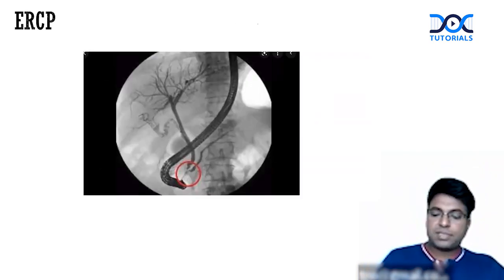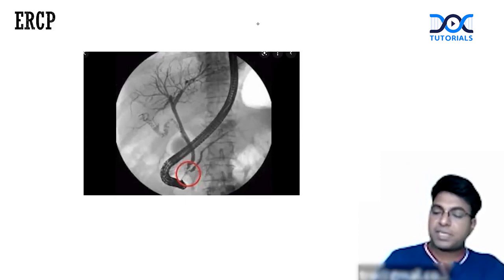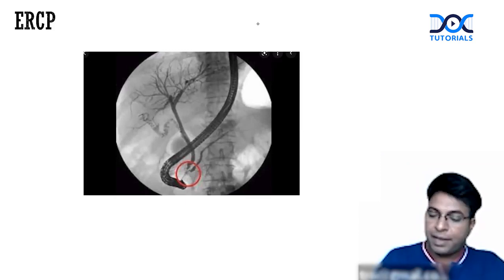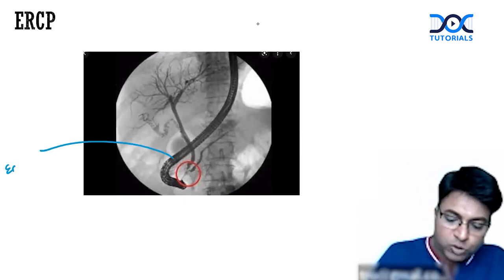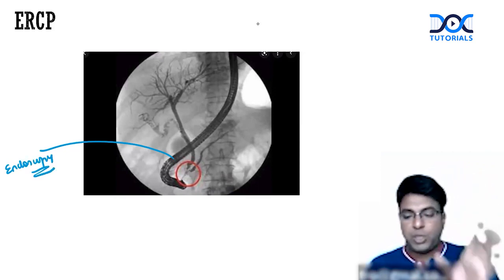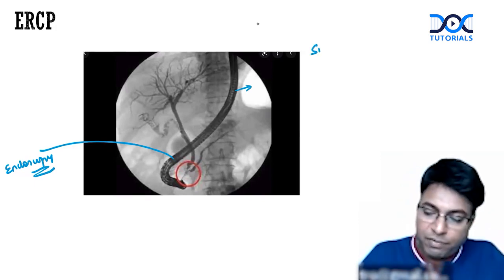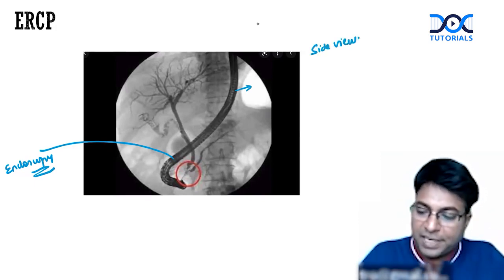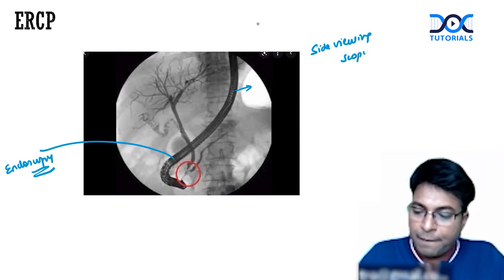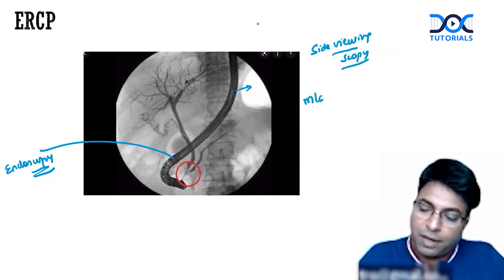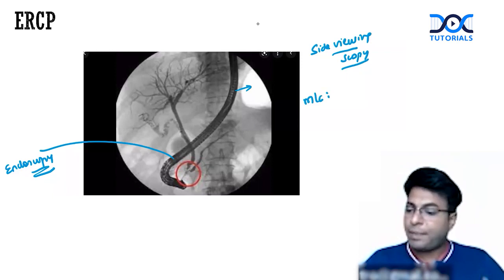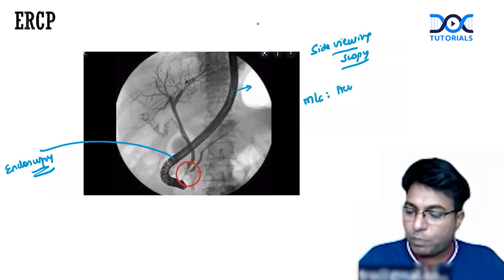Okay. So this is a picture showing you an ERCP. Endoscopically, you can take a picture of pancreatic duct and bile duct. And this is the picture showing you endoscopy. So how to differentiate MRCP and ERCP? In ERCP, you will definitely have a picture of endoscopy also. It is a side viewing endoscope. What is a common complication in this procedure? The most common complication of this procedure is highly controversial, but the correct answer is acute pancreatitis.